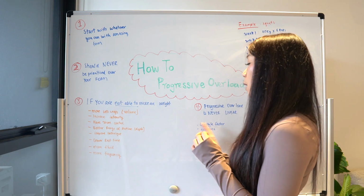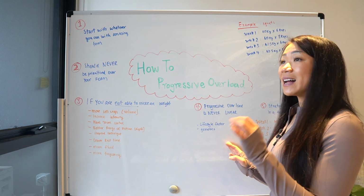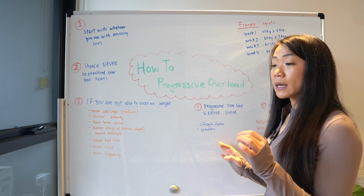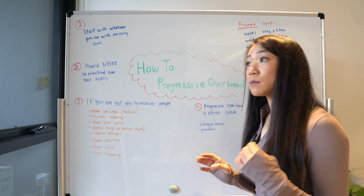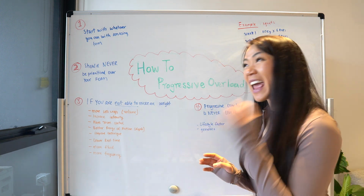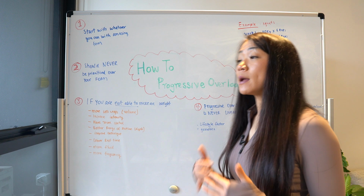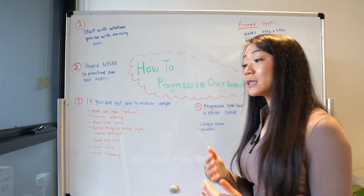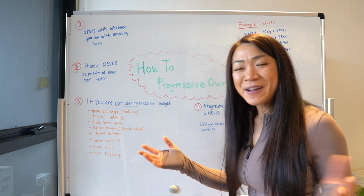And the next point that I wanted to get to here is progressive overload is never linear. Keep that in mind. What I mean is that every single session you go to, it doesn't mean that you are always going to be increasing the weight. Ultimately, yes, in an ideal world, we want to be making those 1% improvements in not just progressive overload, in life, but